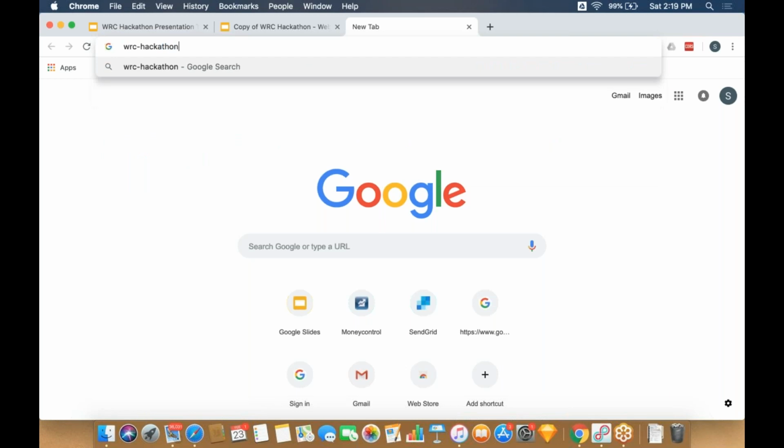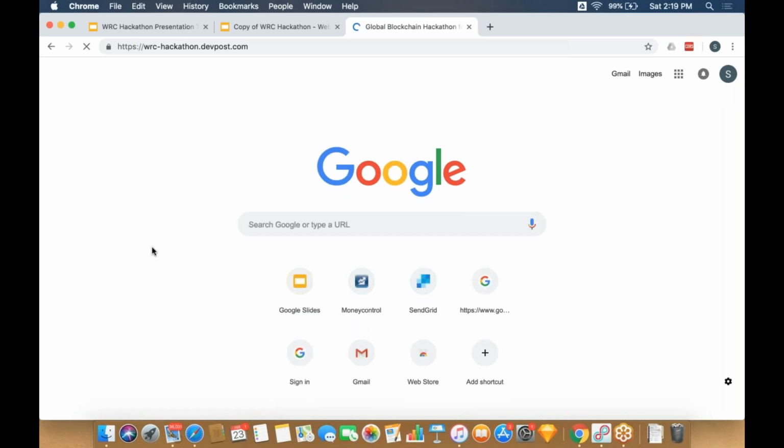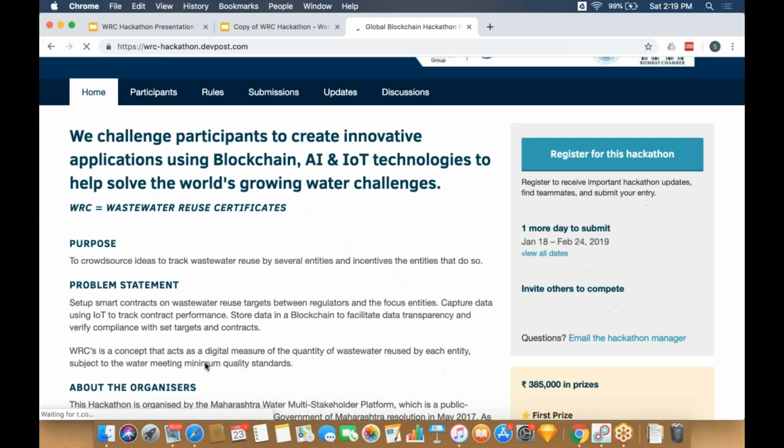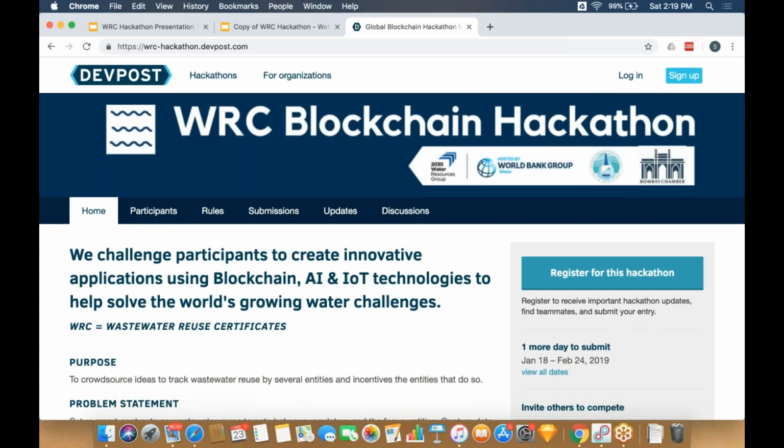One second. So I'm opening the website for DevPost, and I'm going to walk you through the judging process itself and how the judges are going to allocate, distribute the scoring. So to register, to basically submit, you first need to register for this hackathon. The button that you see here, I assume all of you on this webinar are already registered. Once you register for the hackathon, this button will basically show you a start submission. So you go click that button and start a submission, and you can make the submission.